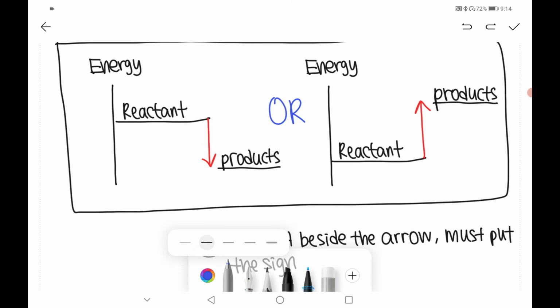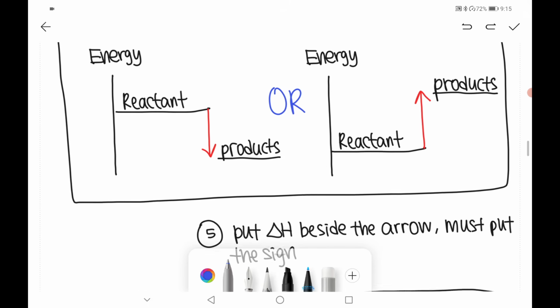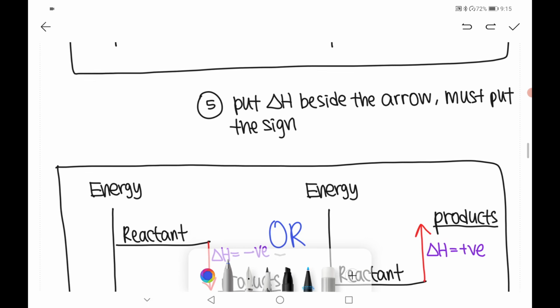So like this. This is reactant, go down, this is product. Or you can get this reactant, go up, products. So that's it. After you do all of this, in the end you need to